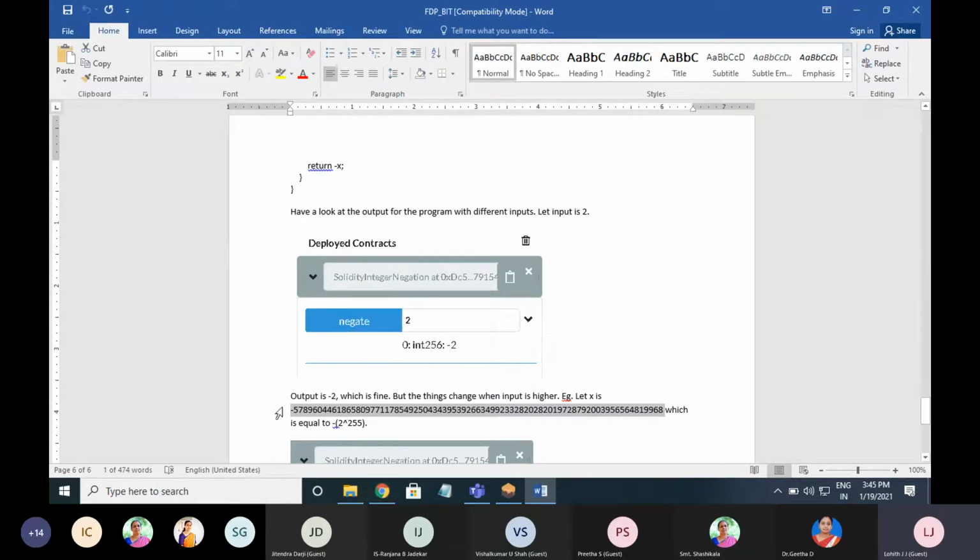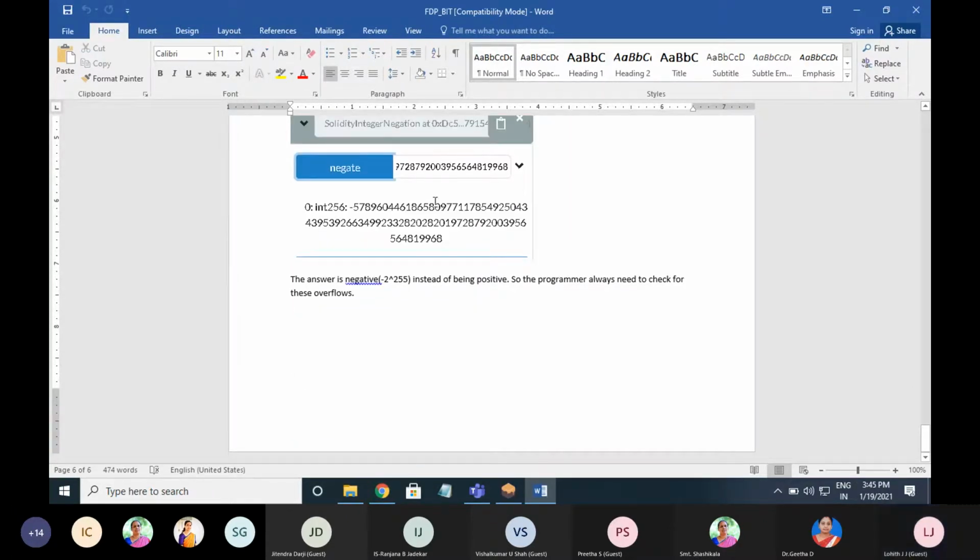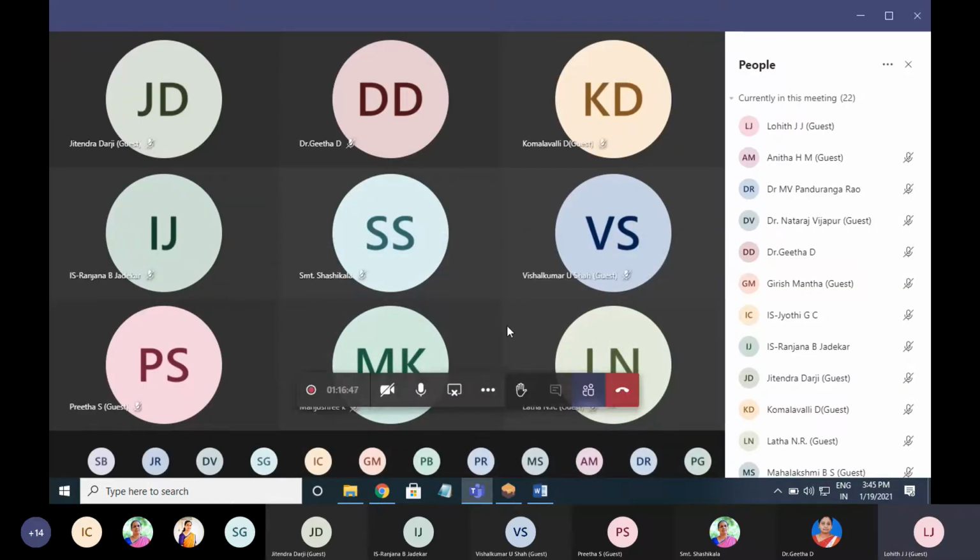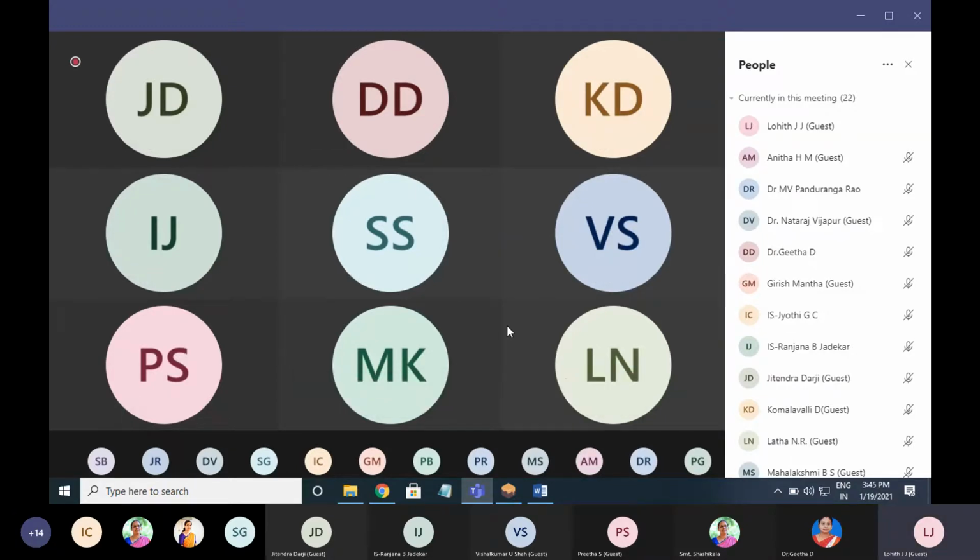As you are using this minus 2 power 255 value, it is not able to give the actual result. So when you are writing this type of smart contract in Solidity, it is the programmer's responsibility to understand all the corners of the Solidity programming language and to ensure that you will not have any kind of vulnerability in your programs.